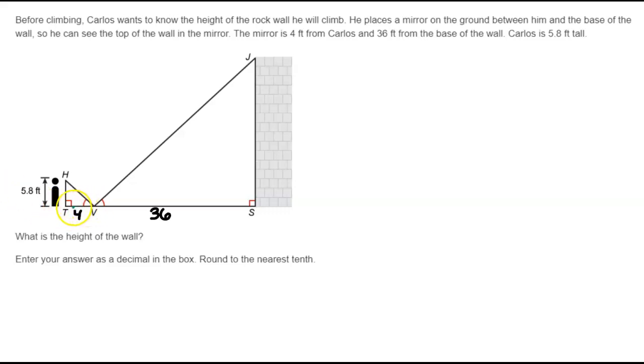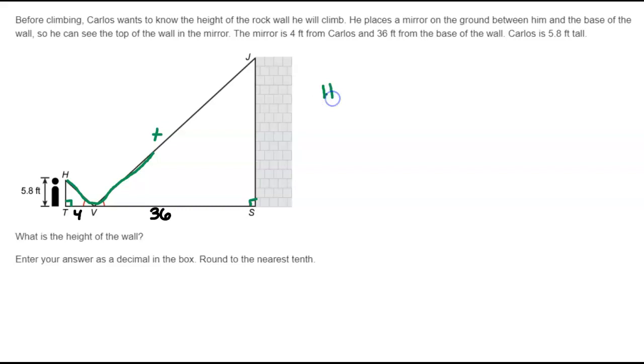Notated the distance of the mirror as well as the distance from the mirror to the wall. Another thing that I want to point out is that this is a right triangle and this is the right angle that corresponds to the smaller angle. That means that the hypotenuse is here and the other hypotenuse is here, and this is what we're looking for, the distance of. So we can set it up so that HT is going to correspond with GH,